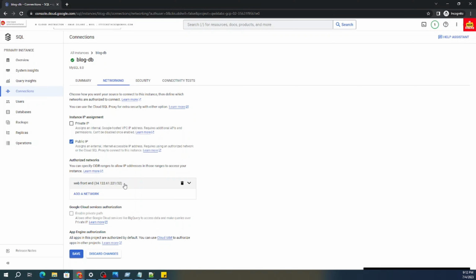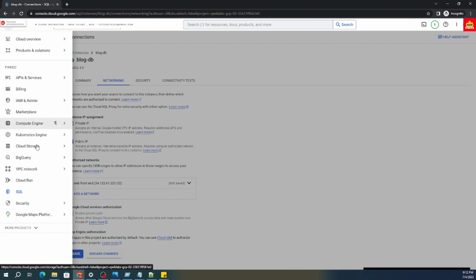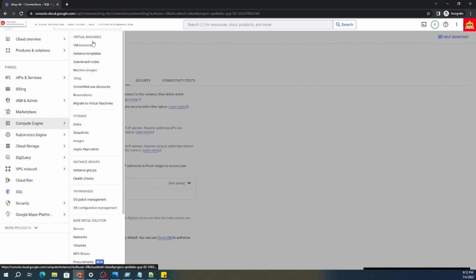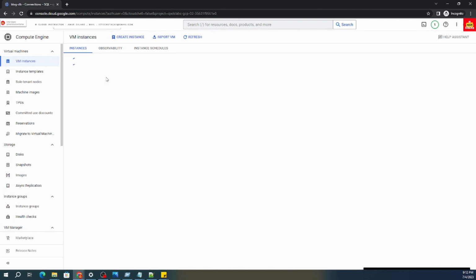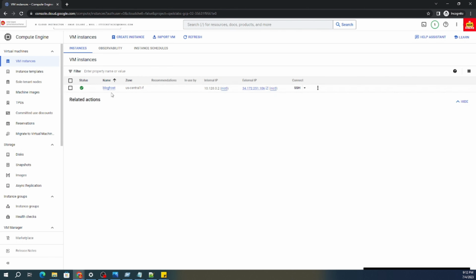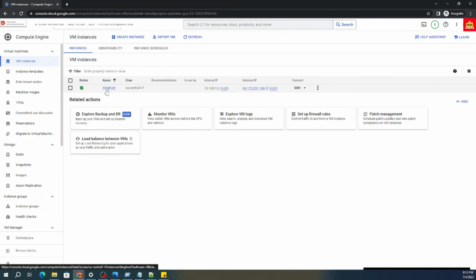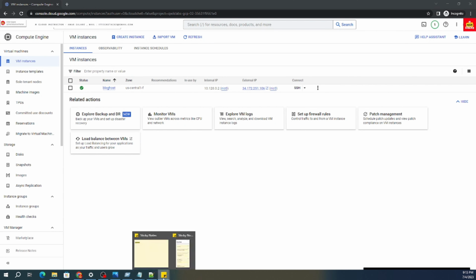Okay, so if you are not sure about the external IP address of your blog host VM, then go back to the menu, click on compute instance, click on the instance. Okay, so this is the blog host VM instance. You can copy the name from here